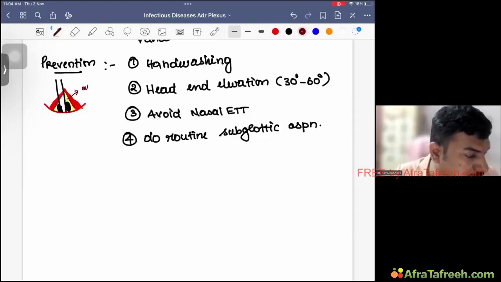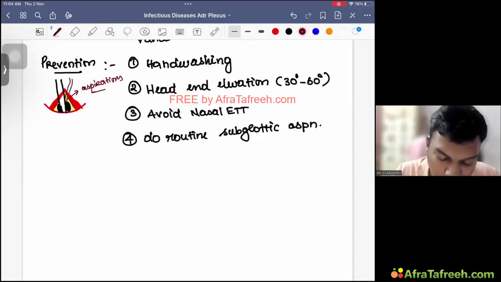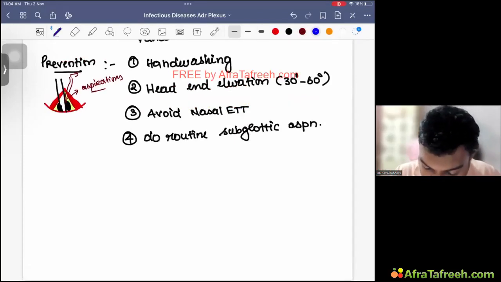Nowadays we have tubes which are attached with another tube, where you can do aspiration. This is very, very important. See, this prevention is very, very important. It is asked in exam. Then avoid